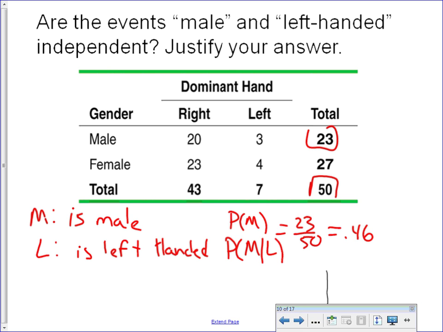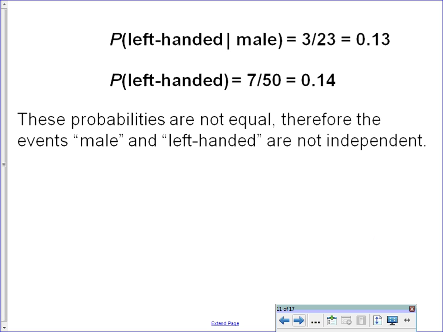And the probability of being male given you're left-handed, all right, so left-handed has occurred. So now we're working exclusively in this. And so the probability of being male given that you're left-handed is 3 out of 7, or approximately, well,